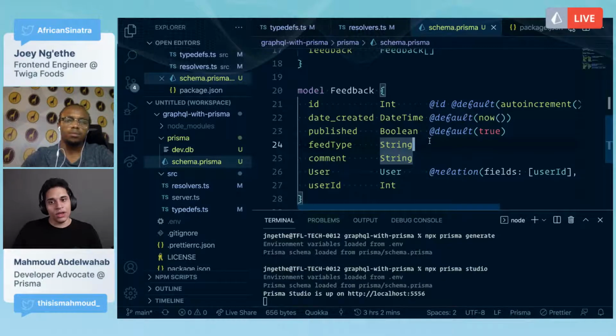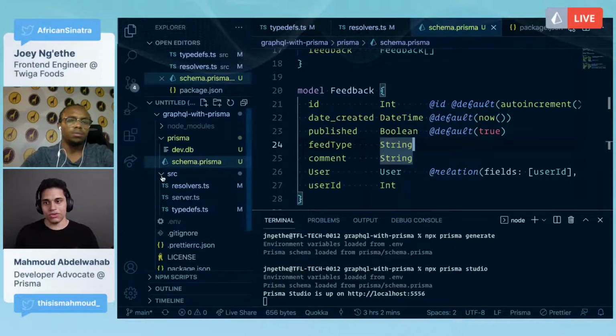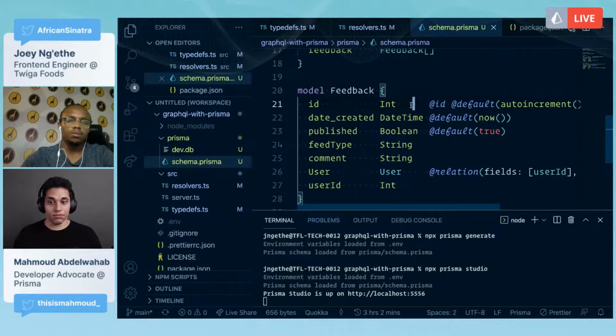And you do not need to know SQL when you're working with a relational database, or use the database's native querying language. You can just use JavaScript or TypeScript. Here we're working in a TypeScript project, but if you're working on a JavaScript project, there shouldn't be any difference. We created a SQLite database because it's super easy to show what we're doing. If you want to set up a hosted database, maybe using Postgres, MySQL or Microsoft SQL Server,